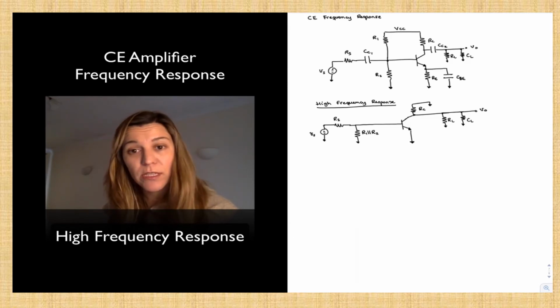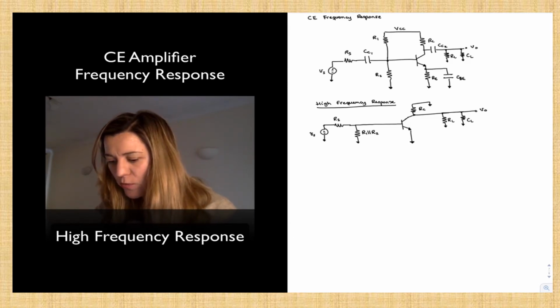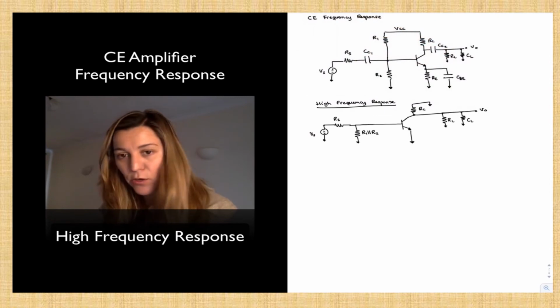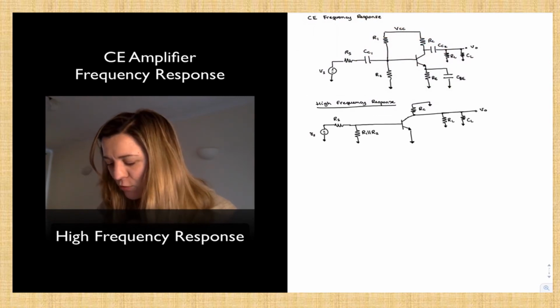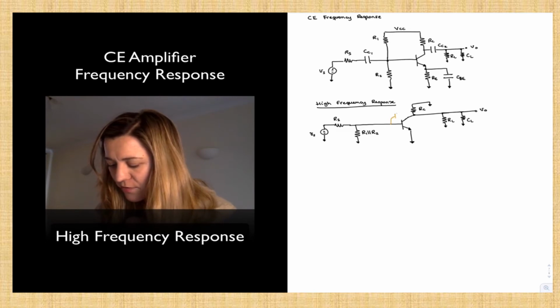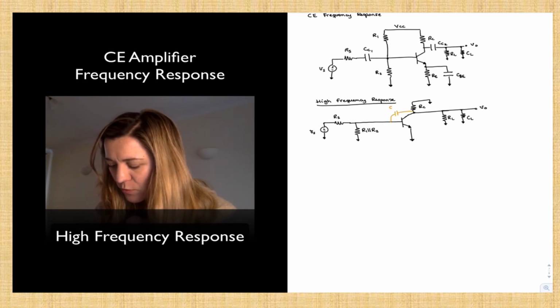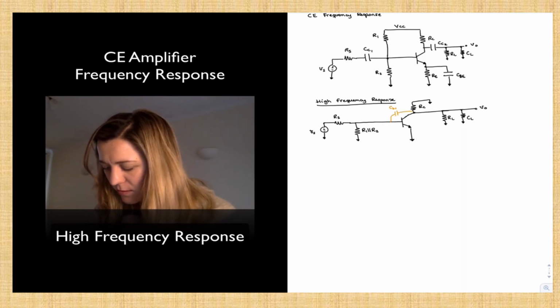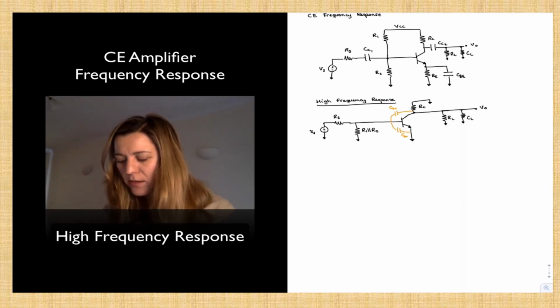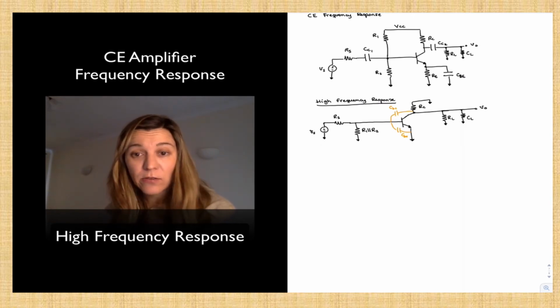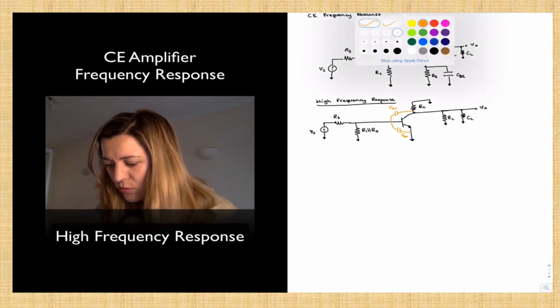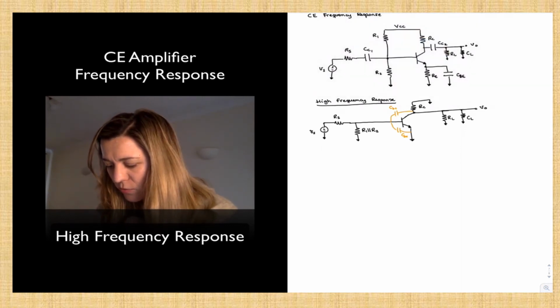I've already included CL. And then I'm going to draw them in orange because I'm going to be modifying them a little bit later. If you remember, we have CBC and CBE. CBE is simple. It's just a capacitance between the base and ground, because the emitter is directly connected to ground. So I'm going to go ahead and just replace that with